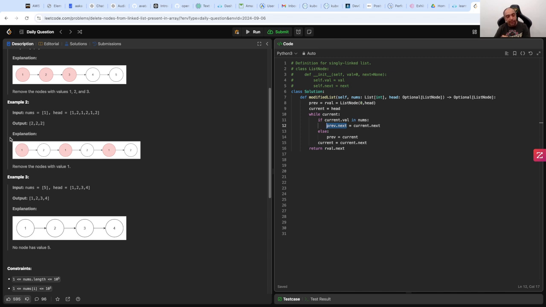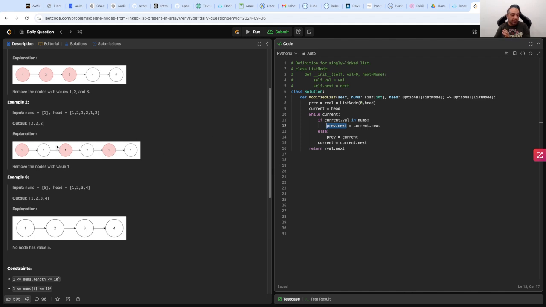So we now have previous, with its next pointing to this 2, and current set here. But now we don't need to remove this, and we need to move forward, right? Current is being moved forward anyway,